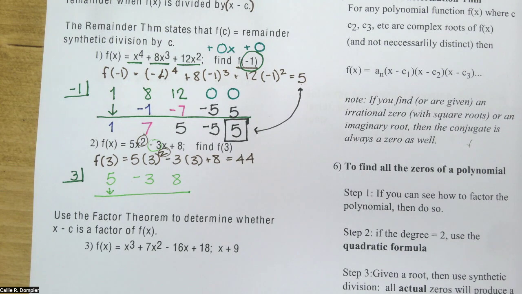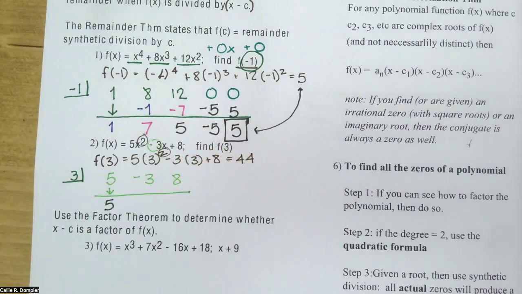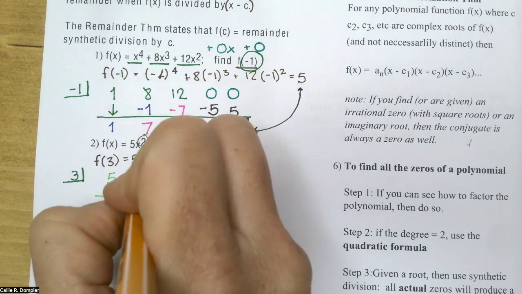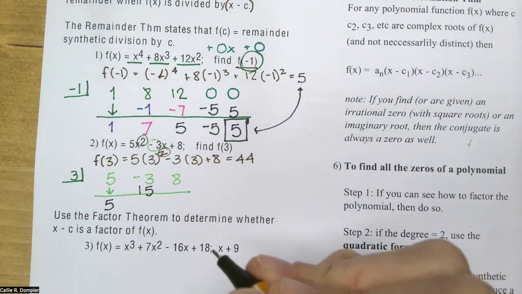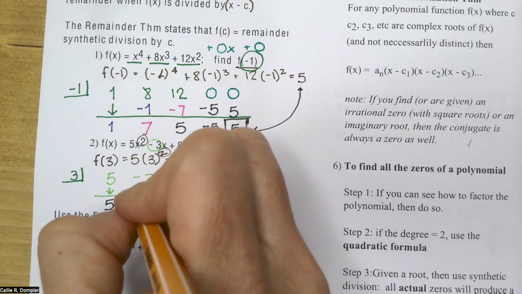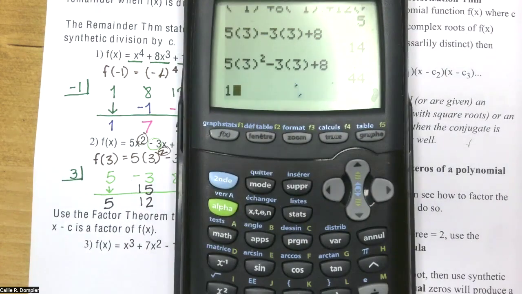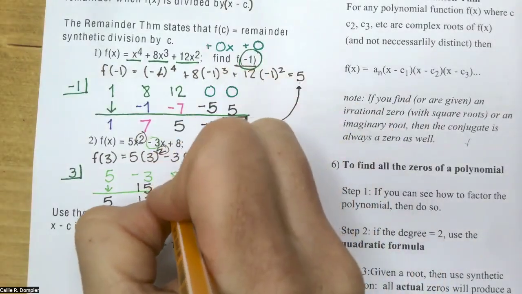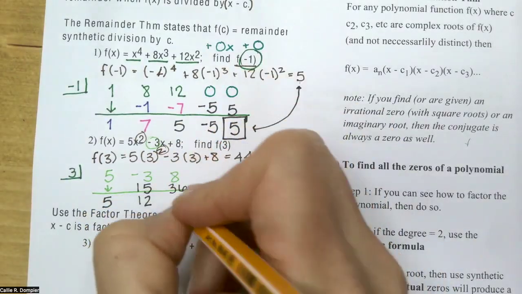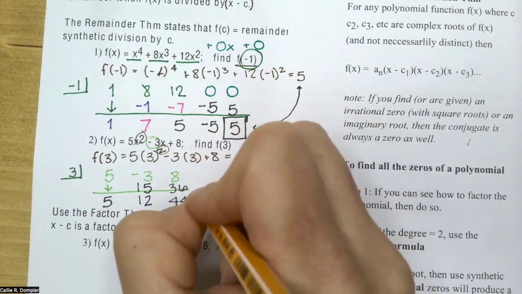So our first number is going to be 5. Take that, multiply it by c. 5 times 3 is +15. -3 plus 15 is 12. 12 times 3, feel free to use your calculator. 12 times 3 is 36. Sorry, I think there was a glare on that. 36 and 8 is 44. So we get that same answer for the remainder